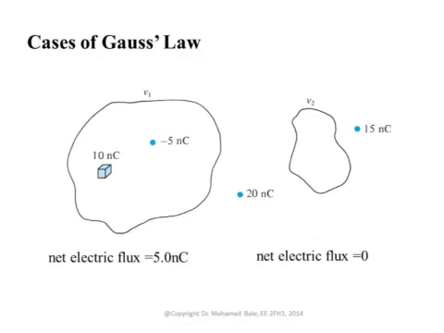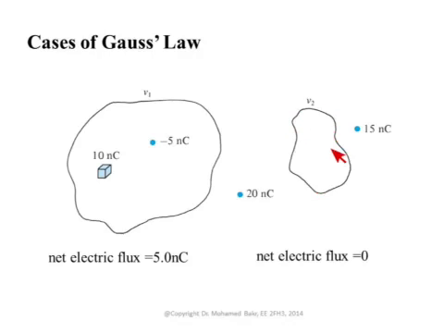Regardless of anything else, regardless of how the charges are distributed, as long as we have 5 nanocoulomb inside the surface, the total flux out of that surface will be 5 nanocoulomb. Now, take another situation where you have a closed surface here, but inside it there is